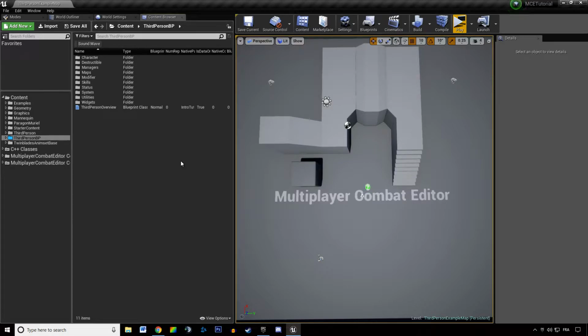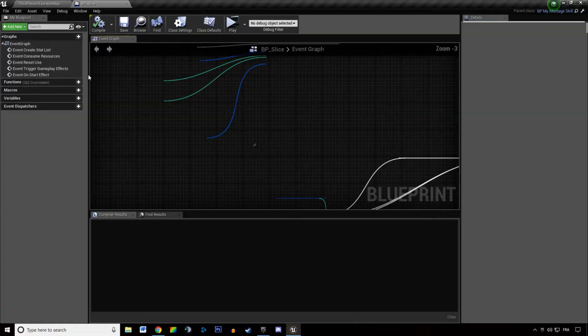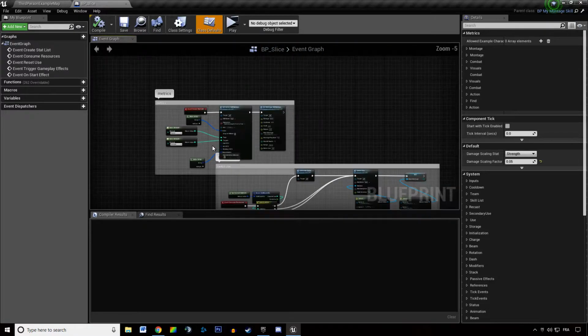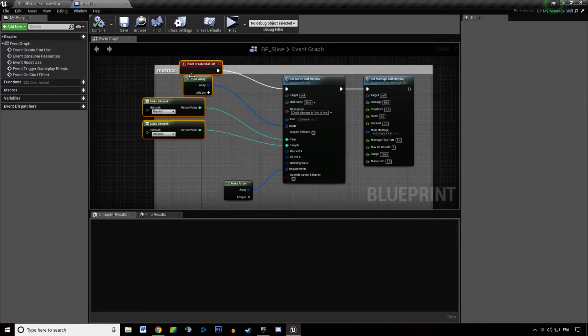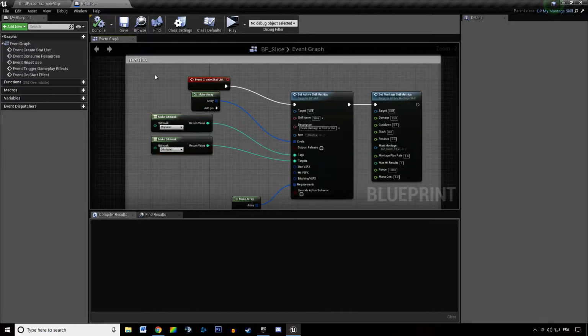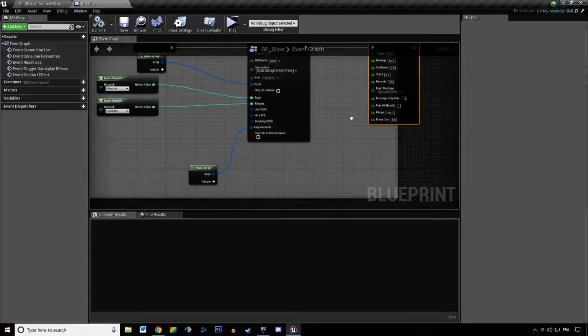Most of the time when we need to spawn visual effects, we're going to need to spawn a sound effect alongside. So I built a little logic in skills that allows us to spawn them automatically when we need. So we're going to open up, for example, BP slice, and we're going to add over our set active skill metrics function. Actually, open up any skill which is using the active skill metrics function